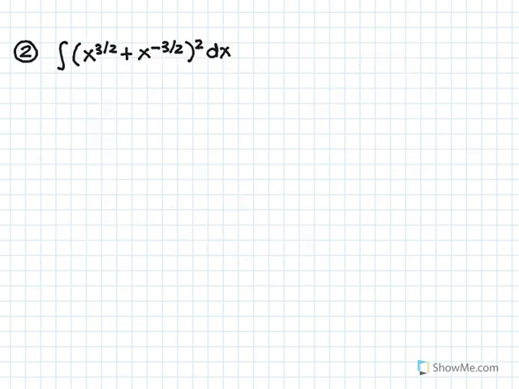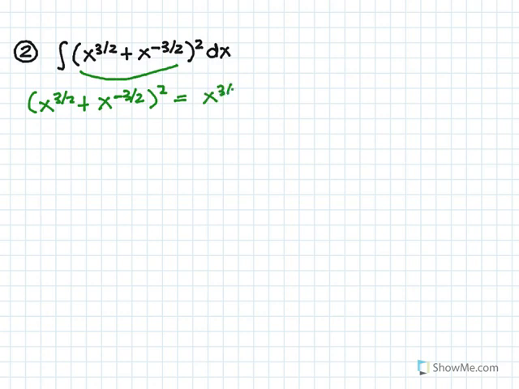All right, let's look at the second question. What we have here is the integral of (x to the 3/2 plus x to the negative 3/2) squared. Let's go through some preliminary steps. We're going to need to simplify this integrand. So what we have is x to the 3/2 plus x to the minus 3/2, all squared. We're going to simplify this as much as possible. This is going to be x to the 3/2 all squared, plus 2 times x to the 3/2 times x to the minus 3/2,